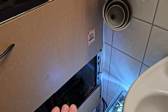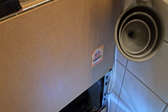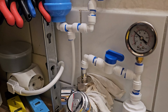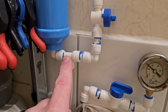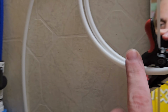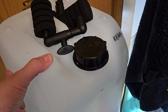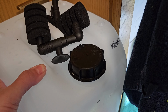From the filter it comes out at about 5 or 6 TDS until here. Here I have a splitter, and from here it goes out to this line, and from there I am making my water for my neocaridines. Okay,